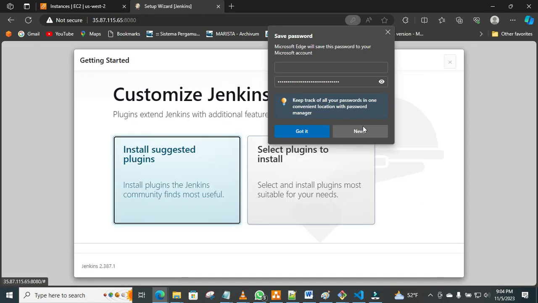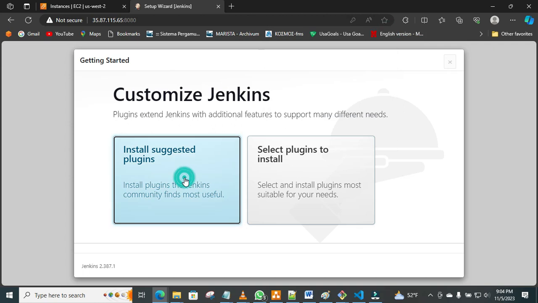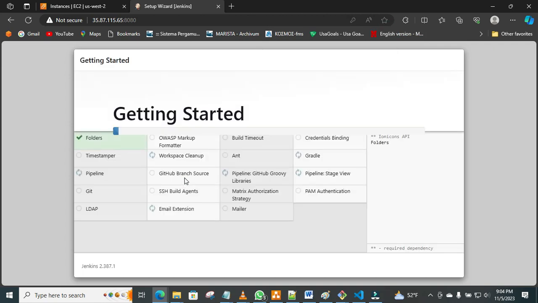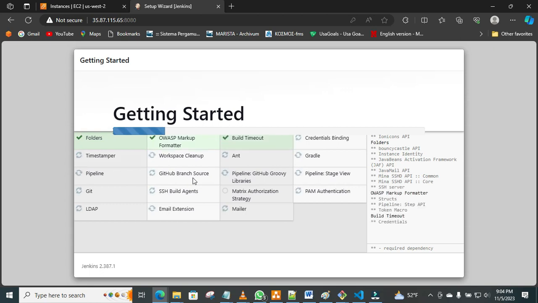And we are in. Okay, so we just go in for suggested plugins for rapidity at this level. Let it install all the plugins, but we have a series of 10 different plugins that we must install. I'll give you all the list of plugins that are going to be needed in this